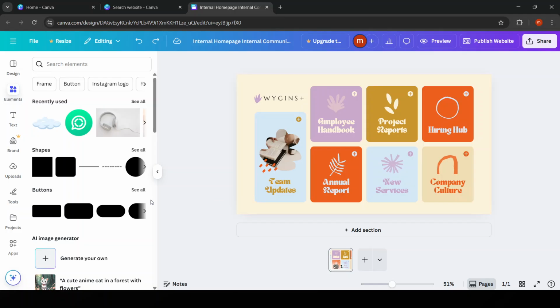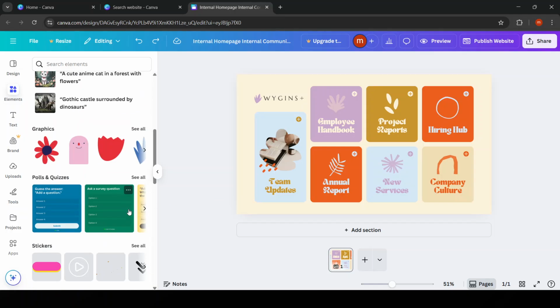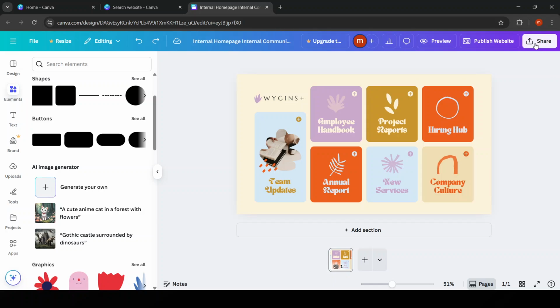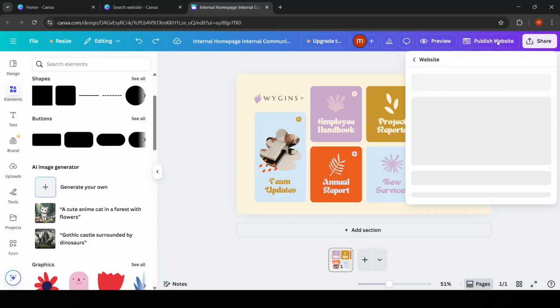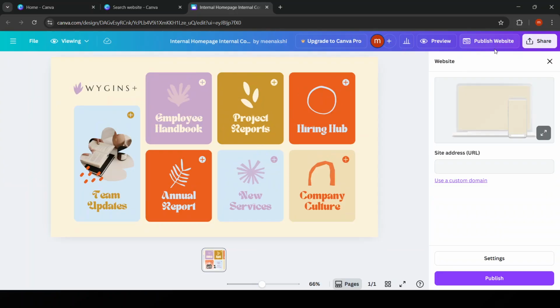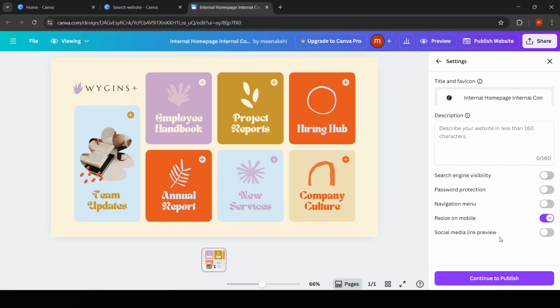When your website feels ready to go live, publishing it through Canva is incredibly simple. Hit that Publish as Website option in the top right corner, and you can choose how your site will appear online. Whether it's a standalone landing page or a more traditional scrolling site, your choices here will affect how visitors